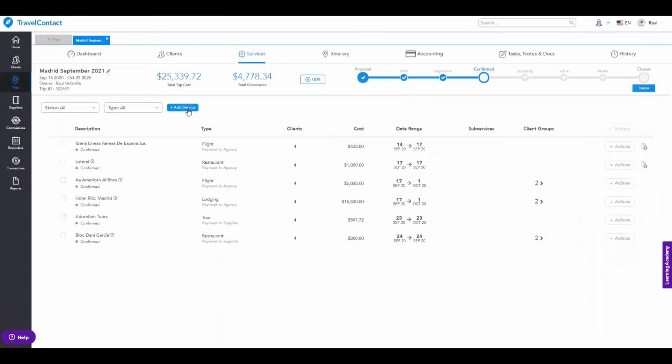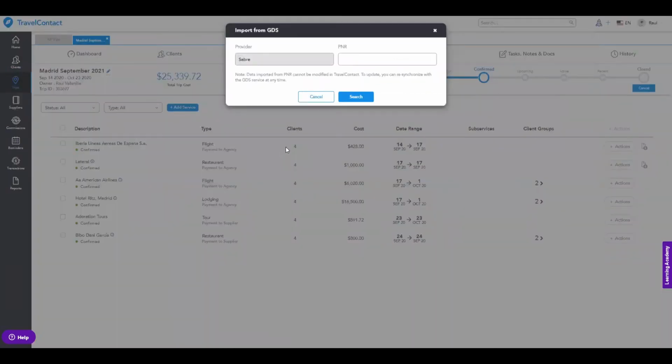Once everything is set up, there's one remaining way to create a service in Travel Contact, which is importing from GDS. If you have your PNR code, all you need to do is enter it here. And once you enter that PNR code, you'll simply have to answer the cost information and match all your clients that are on that PNR reservation down to the ones in your database. But it's just a